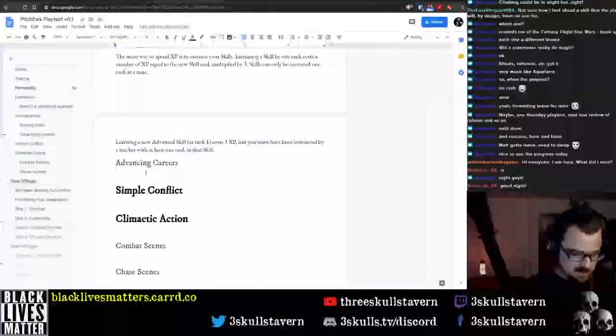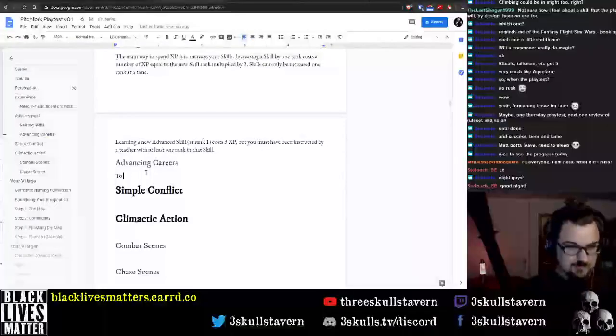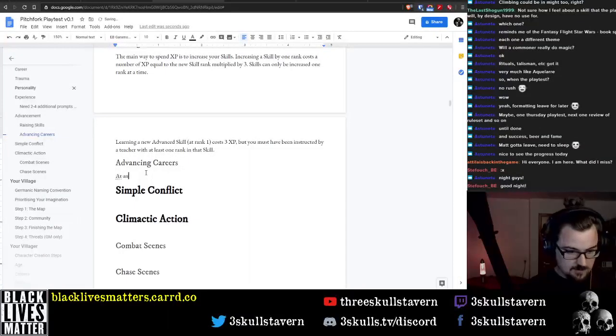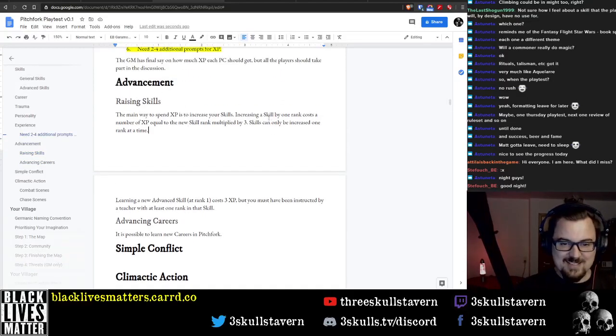Then advancing careers. This is going to be a little bit longer. At any time it is possible to learn new careers in Pitchfork. Oh God, okay, right. I completely forgot about careers here. So the main way to spend XP is to increase your skills, by 1 rank. Increasing a skill by 1 rank